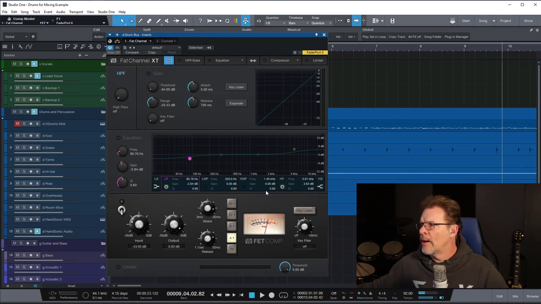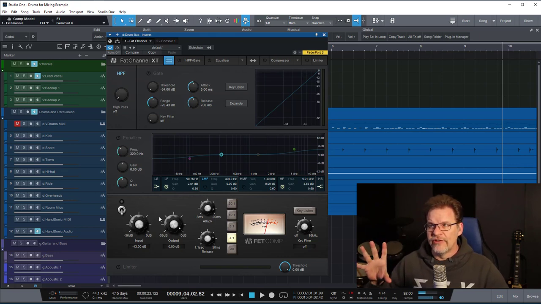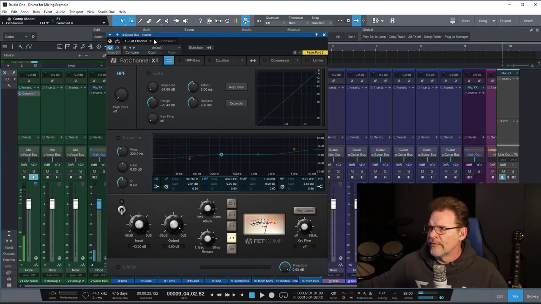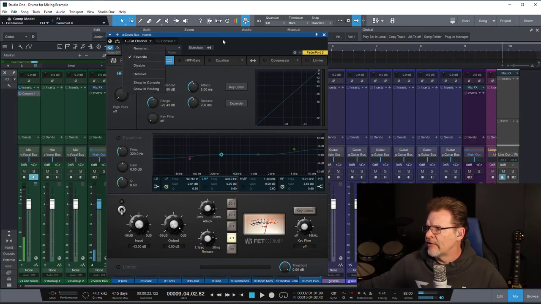Now, the ability to add FX chains. You can see there's no way for me to put an effect between the EQ and the compressor here, because the Fat channel is just made to be a channel strip and not made to have anything inside of it. So if I'm looking at the mix window here, for example, on this,